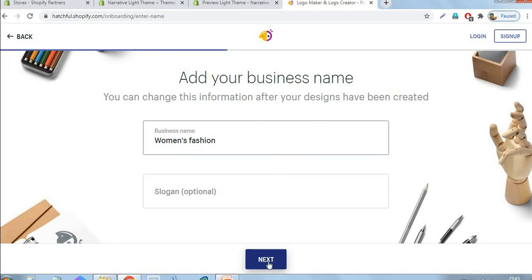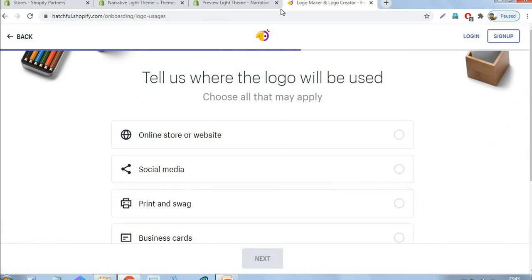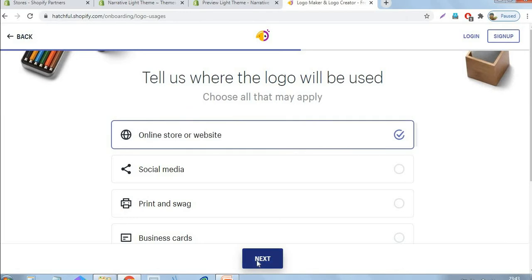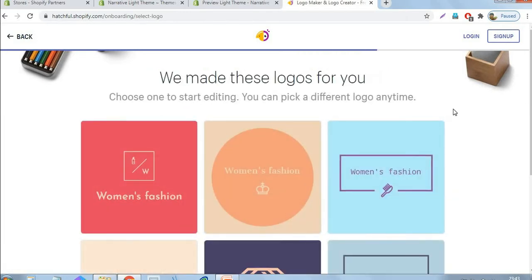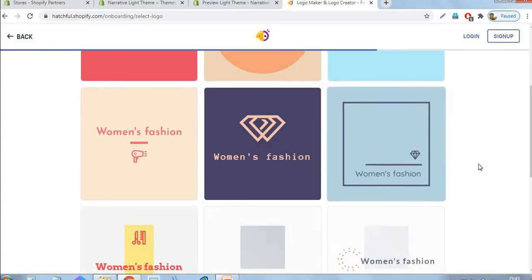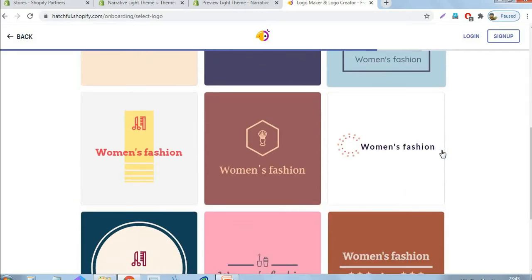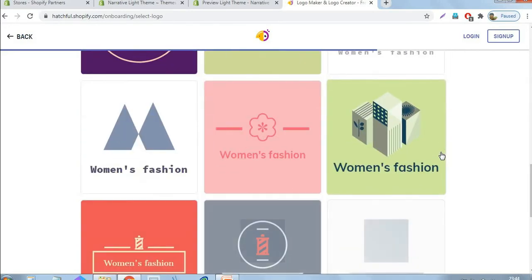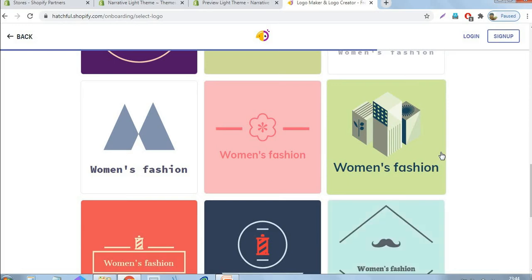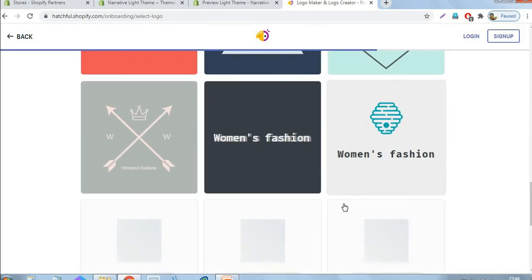Okay, then click the next button. We are creating this logo for our online store, so choose the first one and click the next button. After that, we can see a lot of logo options for our store. We can choose our best one. This is the way to create our logo by using Shopify's free tool.